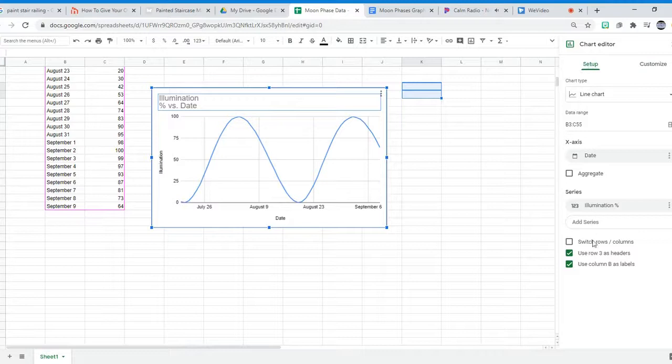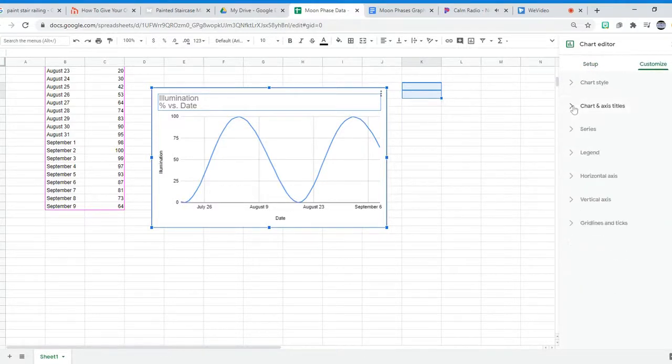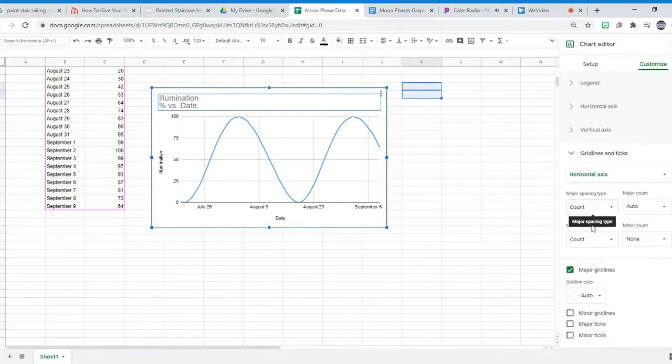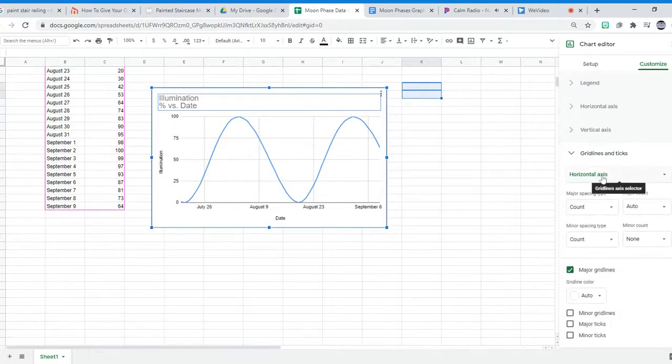There's a Setup tab and there's a Customize tab. Under Customize, notice the arrows we can open or close. One of them is grid lines and ticks. So I click on the arrow to open up grid lines and ticks. The first section gives me the opportunity to work on either the horizontal axis